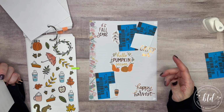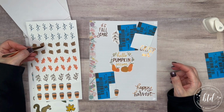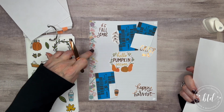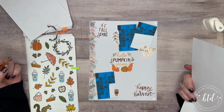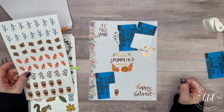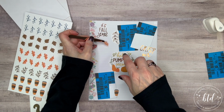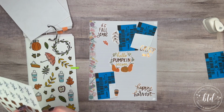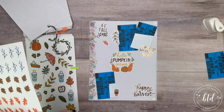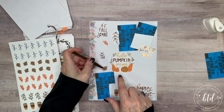So now that I've got that on there, I am going to add in some fun accents. So I have a lot of copper, and so I'm going to add in, I think, some of these leaves. I like these leaves, but these kind of match that. So I just am looking for something a little extra. So let me grab some of these off and let's start popping them on. So I think I'm going to start with some orange. And we're just going to, you know, kind of randomly put them in various places. Oops, I'm going to go for this one first. And then we can do this one, this one,